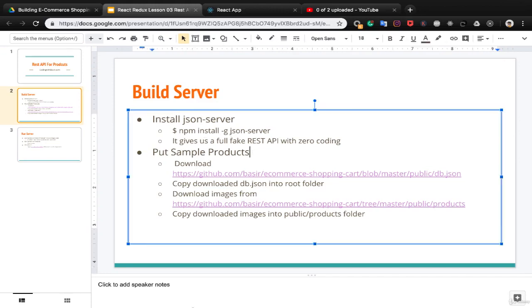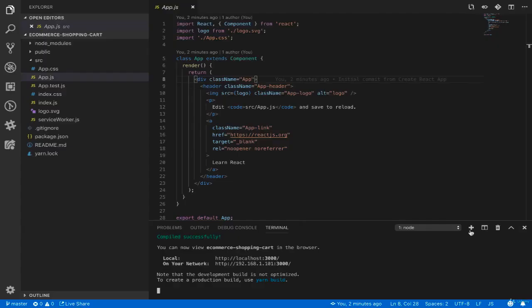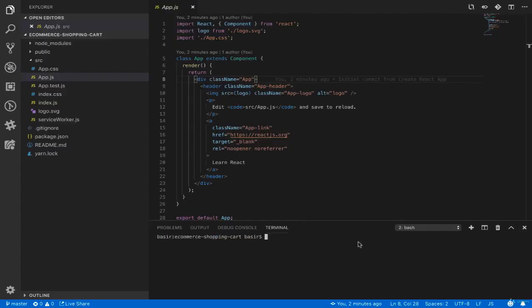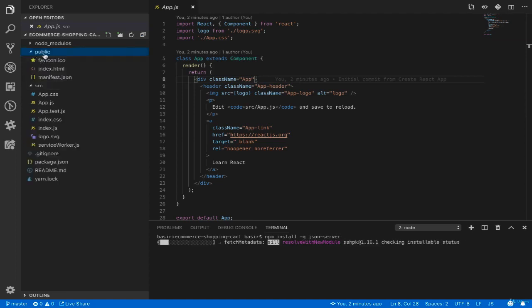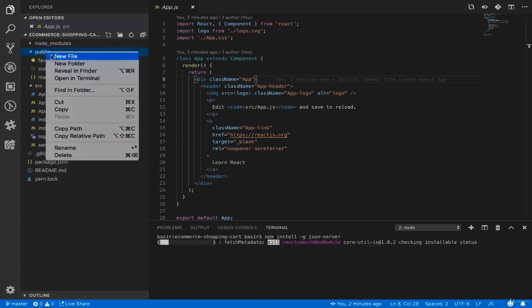Open your integrated terminal in VS Code, press the plus button to create a new terminal, and install json-server. While installing json-server, you can open the public folder and create